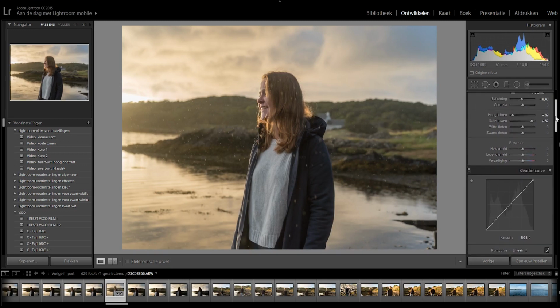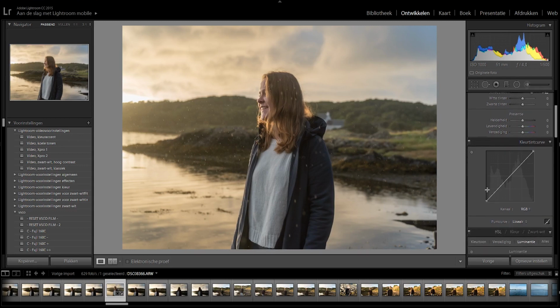Now, the next thing we're gonna do is probably the most important thing, and that's the tone curve. So the first thing you wanna do is set a nice little dot in the middle, and then you wanna make a nice S-curve to get some nice contrast. Next thing you wanna do is bump up the shadows right here in the beginning, so you get this faded film look. I make another dot right here,